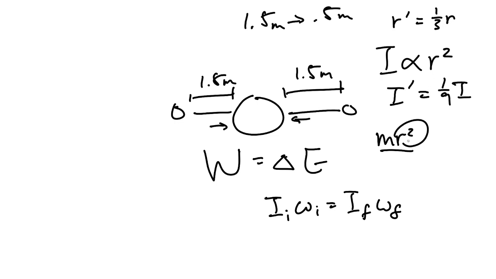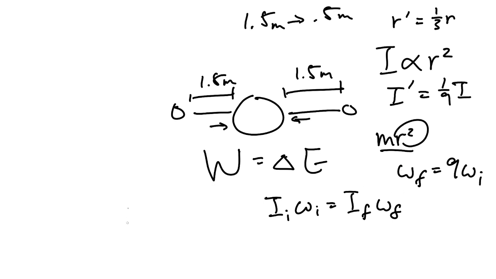The big thing that we need to take away from this is that due to conservation of angular momentum, our final angular velocity has to be 9 times our original angular velocity, right? Because our changed moment of inertia is 1 over 9 of the original one, so this needs to multiply by 9, right? So 1 over 9 times 9 is 1, times these, and that gives us our original. So